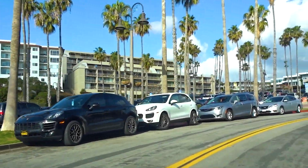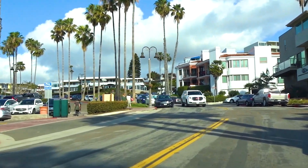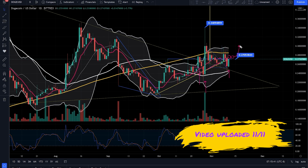Let's take a look at Dogecoin. Last time we looked at Dogecoin was on November the 11th. Here is a quick recap. And the key price I have is still at around 27 cents. Those need to trade over that and stabilize over that in order for us to look forward to those trending